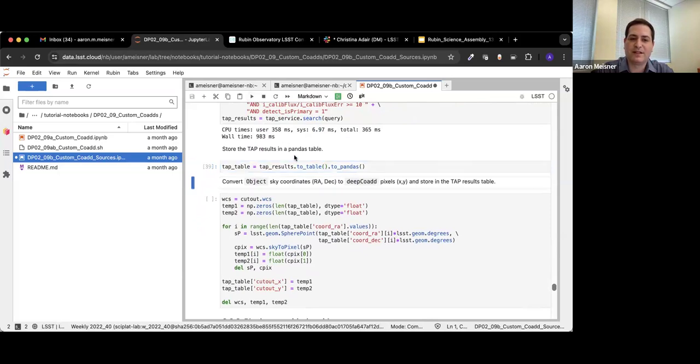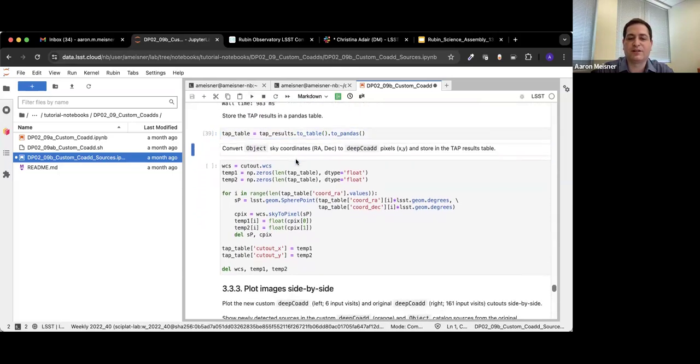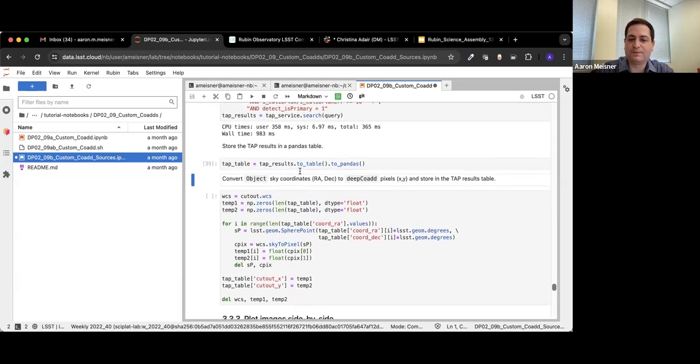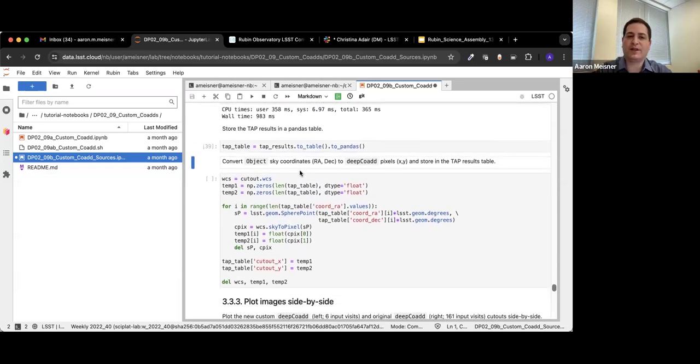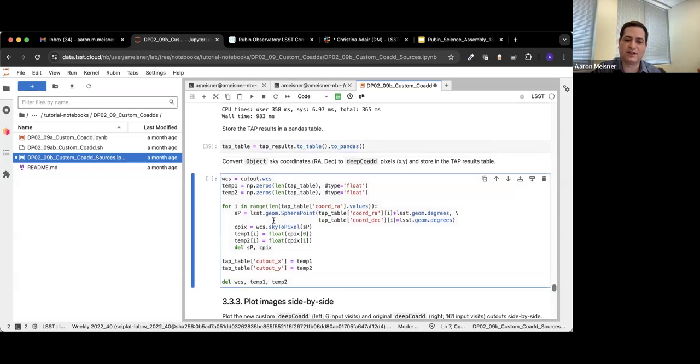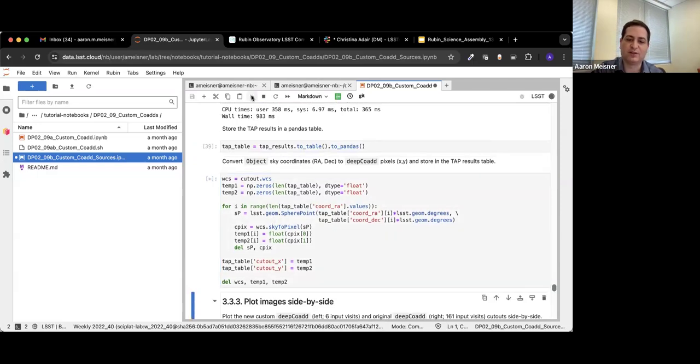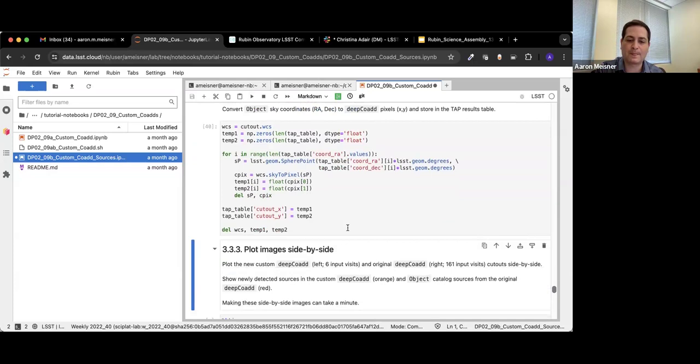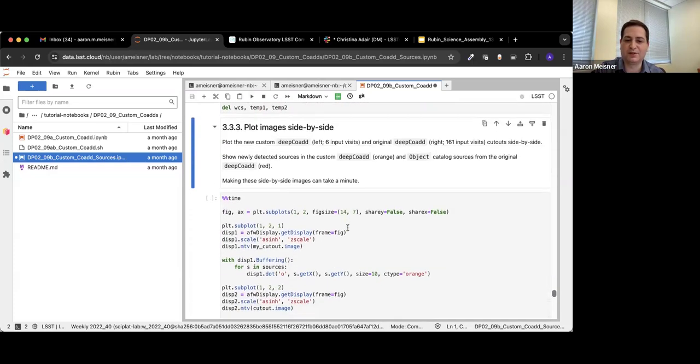Okay, let's just reformat this table now into pandas, which is slightly more convenient to work with. And then right, again, because we want to overlay these DP0.2 source locations onto our cutout of the original deep coad, that means we need to do, again, some of the same utility function stuff in order to go from sky coordinates to pixel coordinates in the deep coad cutout. All right, so now we get to really see,